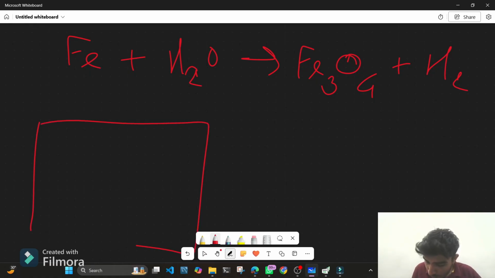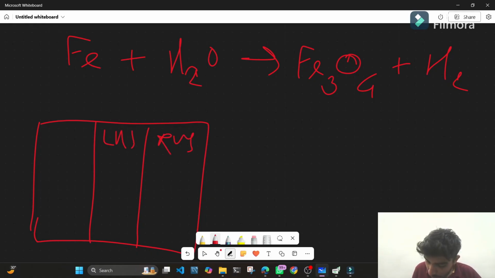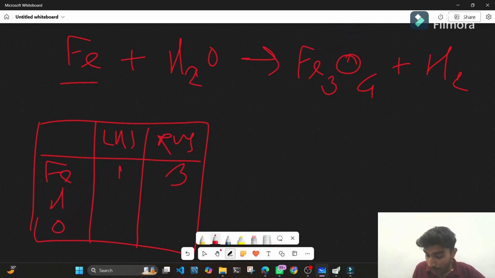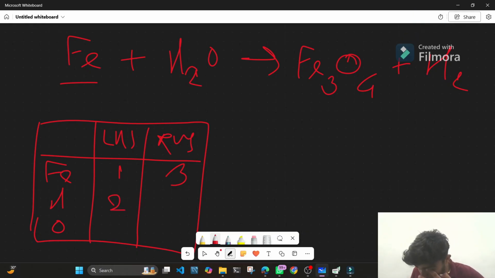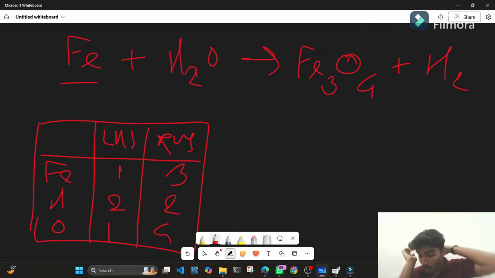Okay, now we'll make columns. LHS, RHS और ये एलिमेंट Fe है, हाइड्रोजन है, ऑक्सीजन है, ठीक है। फर्स्ट केस Fe हियर एक एलिमेंट था, हियर थ्री एटम्स, ठीक है। हाइड्रोजन फर्स्टली इट वाज इन LHS टू एटम्स, हियर आल्सो टू एटम्स। ऑक्सीजन पहले वन था, बाद में ऑक्सीजन हो गया फोर। ओ माय गॉड, ठीक है।